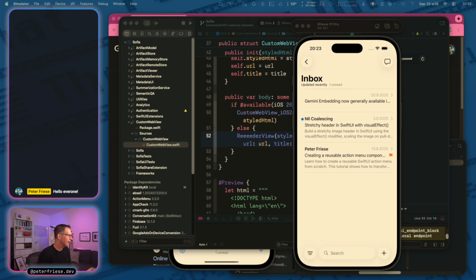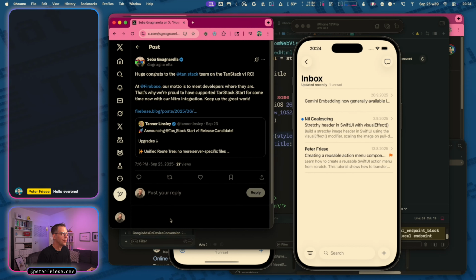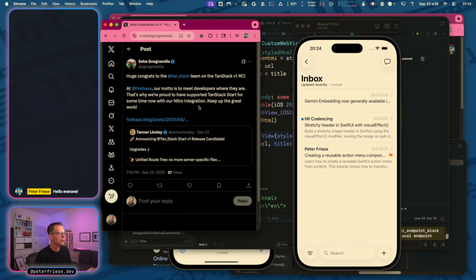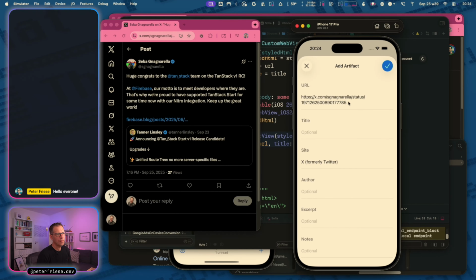Let me find something that I can share with you. Okay, so this looks good. Here is a post that our director of engineering just posted. Let's try to take that, copy a link, and then add it here. First of all, the app has a hard time detecting all the additional fields because for some reason Twitter doesn't provide a title. It also doesn't seem to provide the author and no excerpt and all of that. So if we save that,